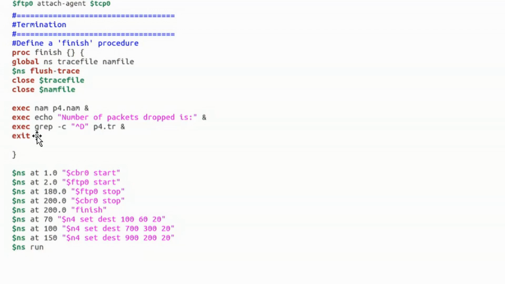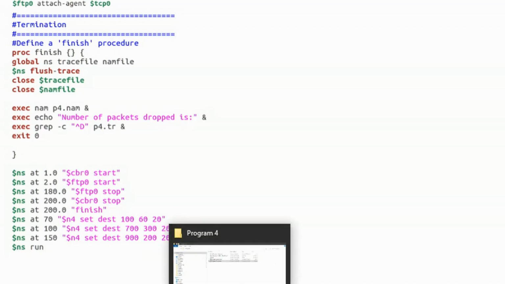AWK is a high level programming language which is used to process text files. For example, the trace file is one of the text files, right? AWK scripts are very good at processing data from log files. Log files are nothing but the trace files which we get from NS2.